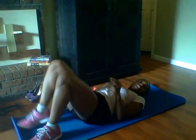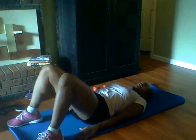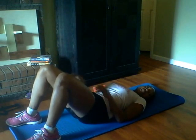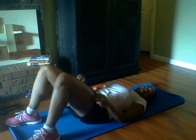For right now, bridges first and then swinging bridges. Okay, kind of like a pelvic thrust. My ladies who had babies, or those of you who are not as pure as the driven snow anymore,